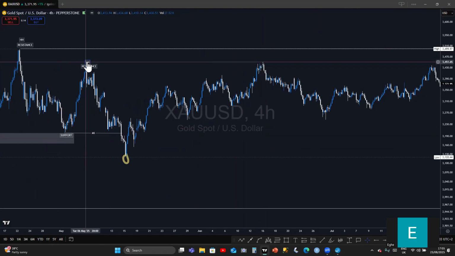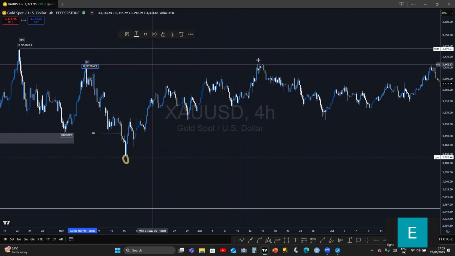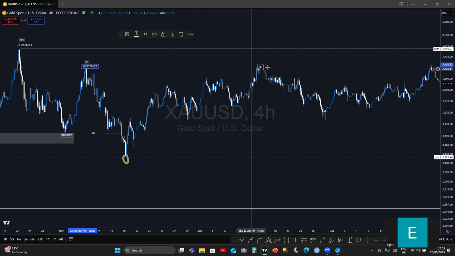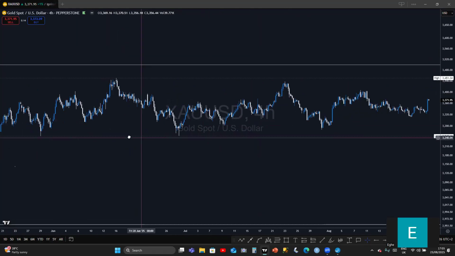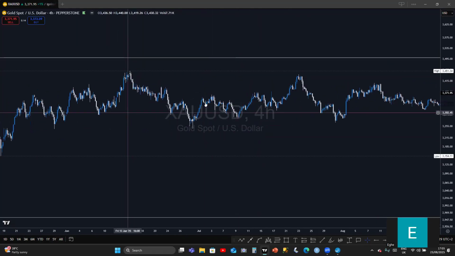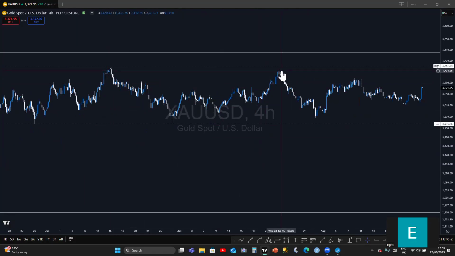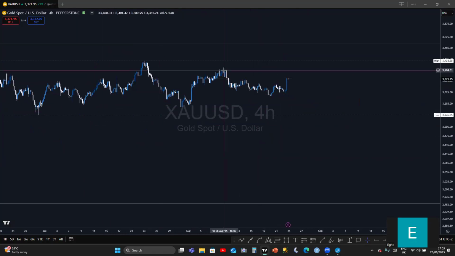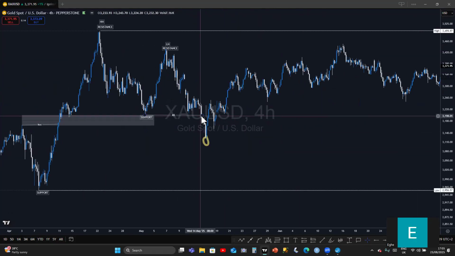If you look at this point and this other point, we call it equal highs because they are the same level. This one and this one, the same. But you now see price after that, this level did not go above it. You see this level again, price is now coming down. So it then means that